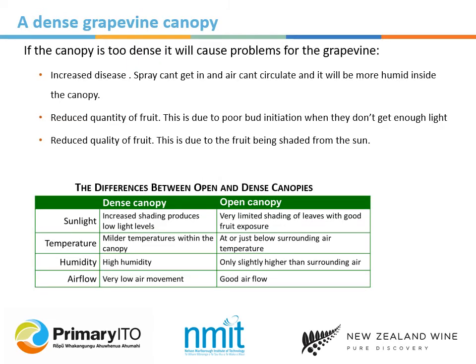A dense canopy has a tendency to produce all kinds of problems for vineyards. This will result in an increase in disease pressure due to poor pesticide spray penetration, poor air circulation, and an increase in humidity within the canopy. Reduced productivity due to poor bud initiation resulting from reduced light interception by the lower nodes on the shoots during flowering and lower temperatures. Inferior quality grapes due to the fruit being shaded from the sun and experiencing low light